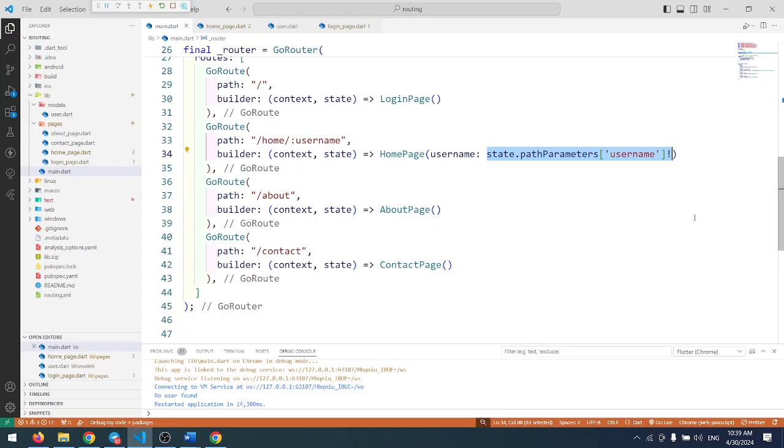What? Here. Above we just put the value username above to the pass, and here we just